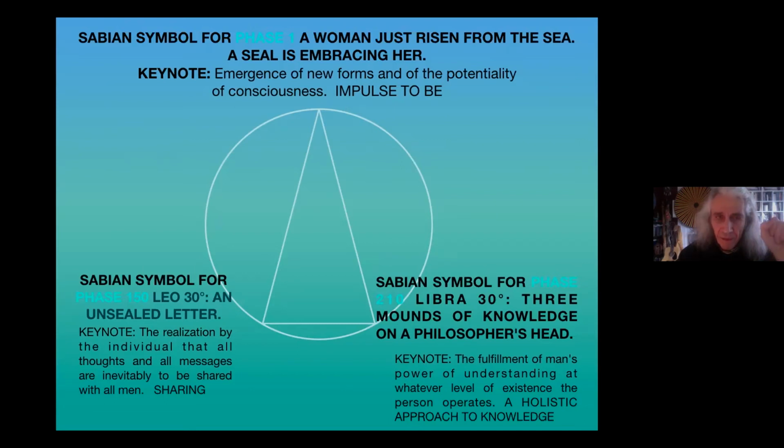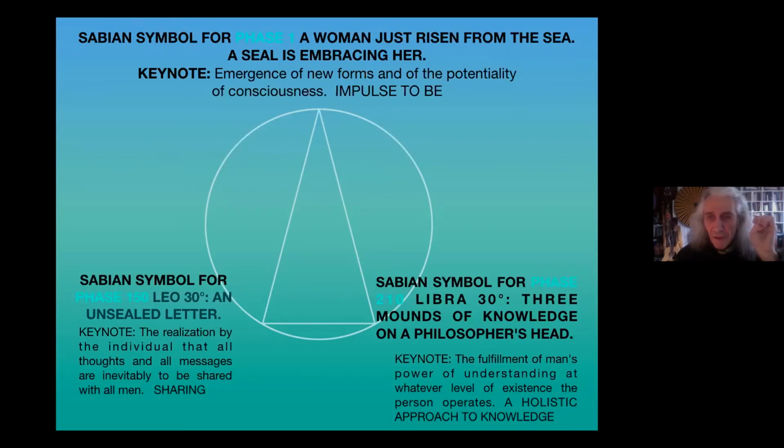Phase 150, Leo 30, an unsealed letter. The keynote: the realization by the individual that all thoughts and all messages are inevitably to be shared with all men. So the emphasis at that waxing quincunx point is a sharing, according to this schematic, as opposed to the waning